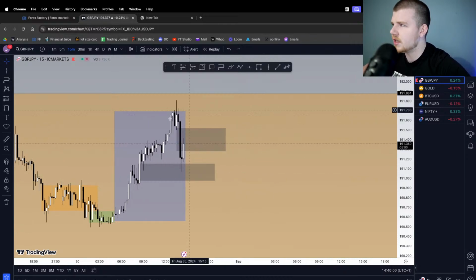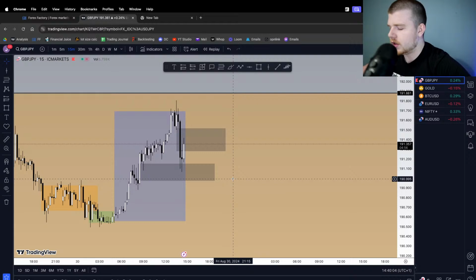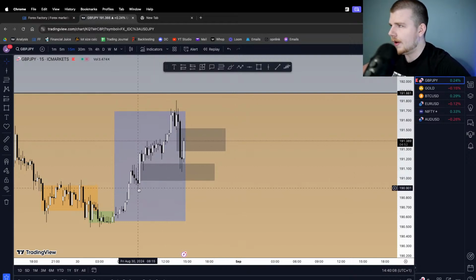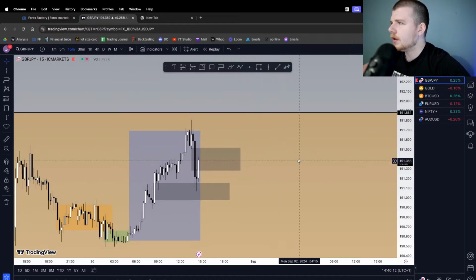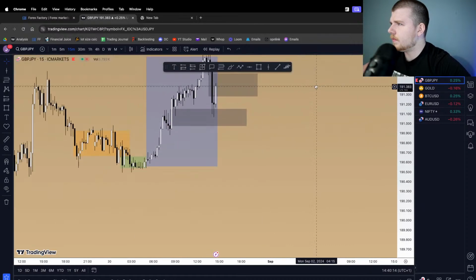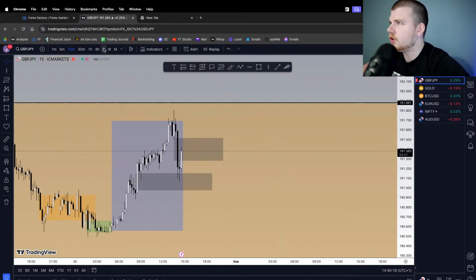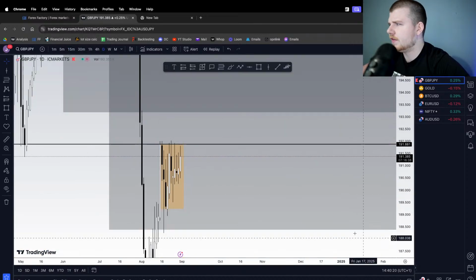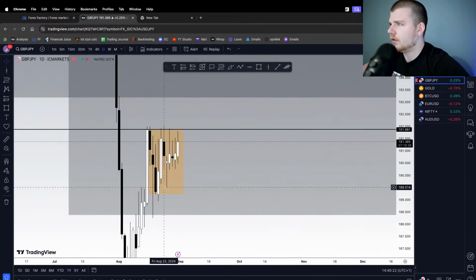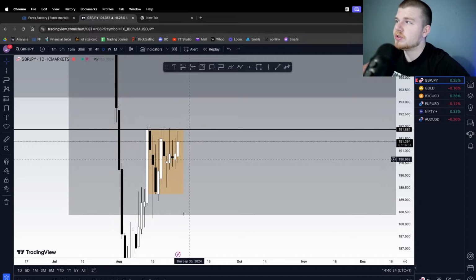We want to kind of see what's going on. We want to start disrespecting one of them, or respecting one of them and not the other one, before we actually take that position. Now, we are still mixed bias simply because we're inside this accumulation range, so we can really look at taking trades in any direction. We're at the top of the accumulation, so sells really would make the most sense.